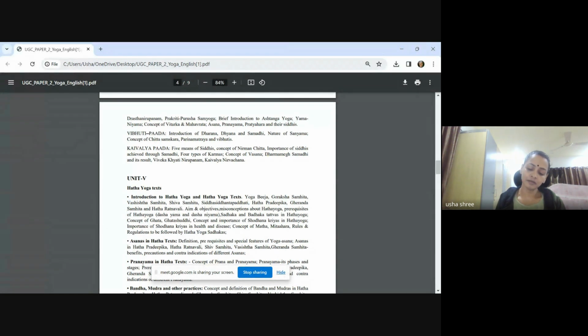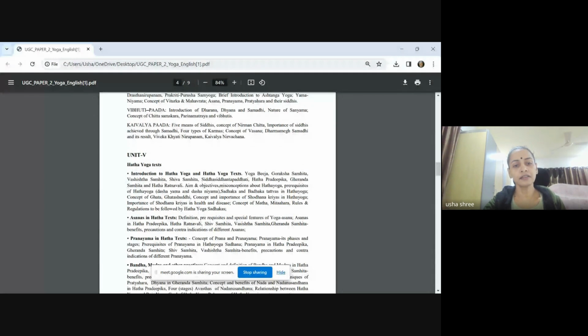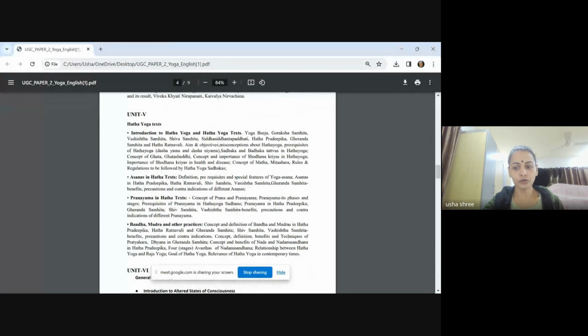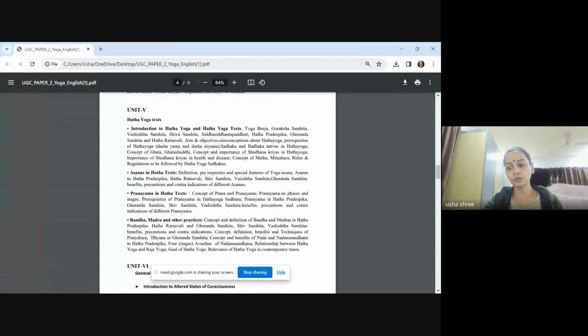Right from the beginning, make it a habit that every day you are revising the sutras. So we have 4 padas, as I said. I will be taking that. Don't worry about it. Just that you have to continuously and consistently prepare. As the classes are going, you have to make notes. You have to keep revising the topics.